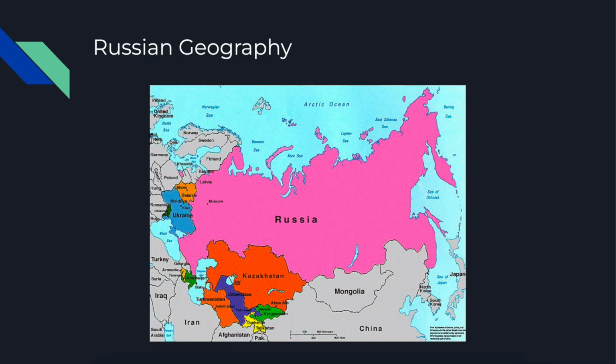Russia geography map. The Soviet Union, at its most significant, was 3 times larger than the United States. It was over 6,000 miles long, 3,000 miles wide, and spanned over 11 time zones. It occupied 1/6 of the land area around the globe. With such a size, the Soviet Union had incredible resource and location opportunities to be the hegemonic state of the Eurasian landmass. But with modern-day Russia's territorial borders, it's no longer in that position anymore.